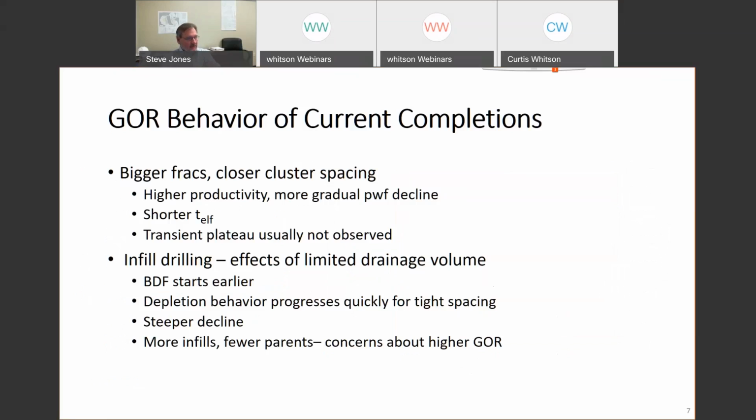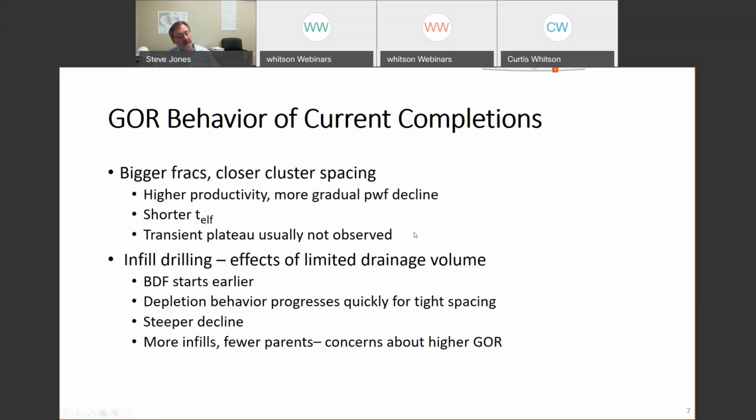Well, since I wrote that paper, fracs have changed, completions have changed. We're doing bigger fracs and closer clusters, so the wells have more productivity, and more gradual decline in bottom hole flowing pressure. So they don't follow that idealized behavior that I was showing. Typically, we're seeing short time to end of linear flow, which is on the order of 2 or 3 months, something like that, sometimes less. So we don't usually see that transient GOR plateau because the bottom hole flowing pressure is not constant during that